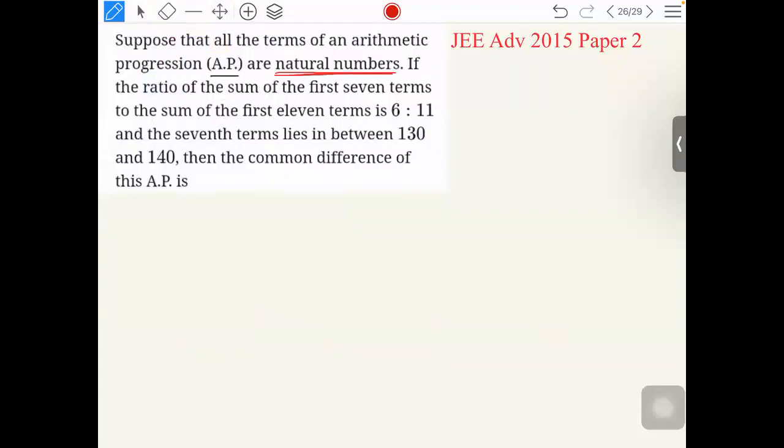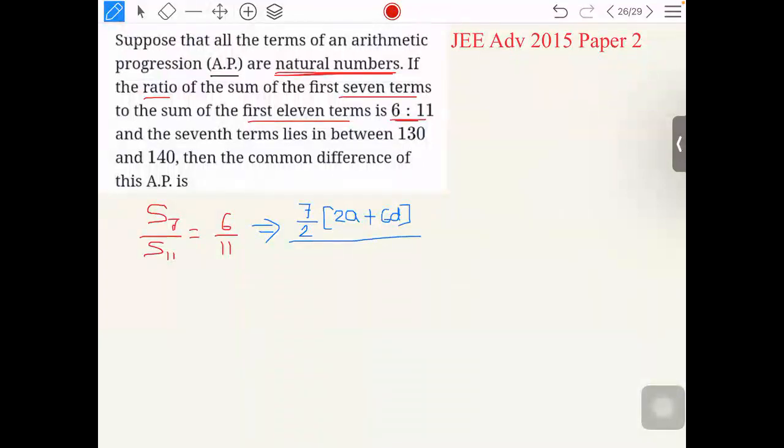If the ratio of the sum of the first 7 terms to the sum of the first 11 terms is 6/11. What do you mean by this? That means S7 by S11 is equal to 6/11. From this, what we can conclude: first term A, common difference D, if we assume, then S7 क्या हो जाएगा हमारा 7/2 (2A plus 6D)